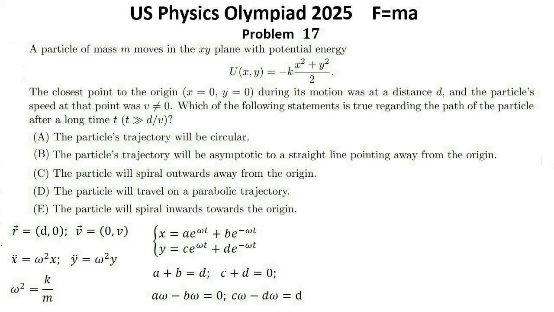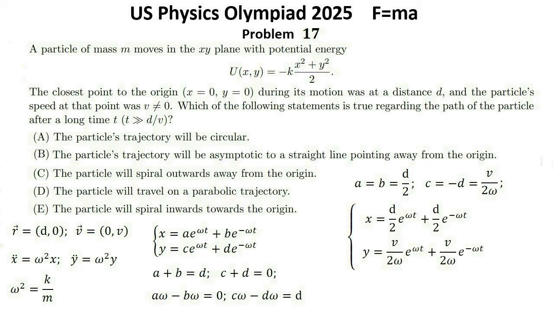Substituting the initial conditions, we have a plus b equals d, c plus d equals 0. Next, omega a minus omega b equals 0. Omega c minus omega d equals v0. Solving this system, we have a equals b equals d divided by 2, c equals minus d equals v0 divided by 2 omega. Thus, we obtain the following